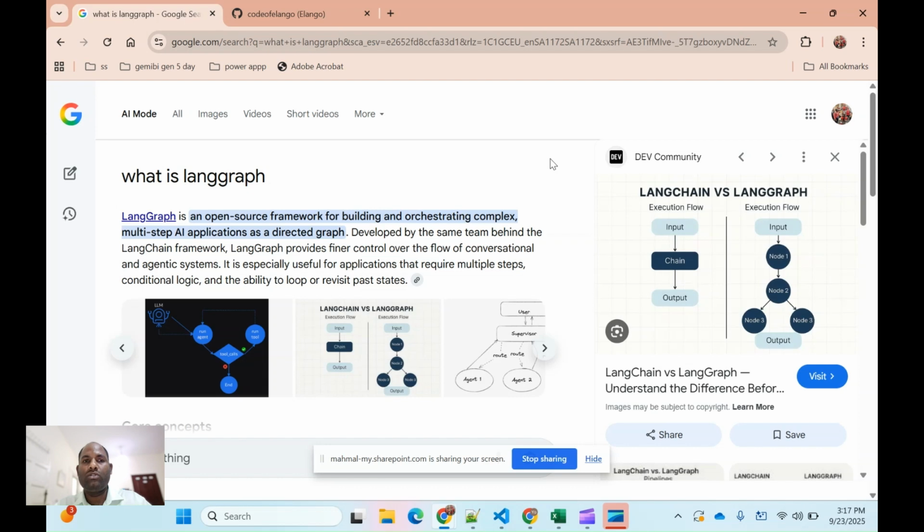So, as we are going to discuss now, we will see today what LangGraph is, how we are framing the system, and how the applications we are developing are based on the state graph. Okay, so we will see everything code-wise in this video. So we know that LangGraph is an open source framework for building and orchestrating complex multi-step AI applications as a